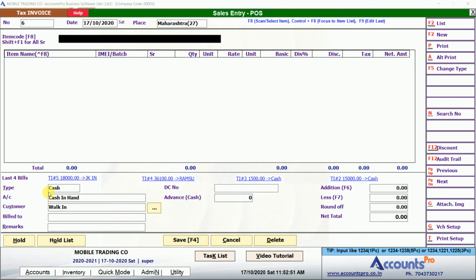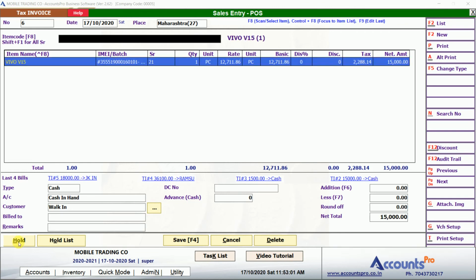Another useful function is the hold function. If some person comes to you asking for a mobile, for example, we scan one item, say 0101, and he says that I am just taking this mobile to show to my family or for some other reason, and if the sale is confirmed, he will buy from you, give it for 2 days. That means we do not have to prepare a final bill, we just need to keep it on hold.